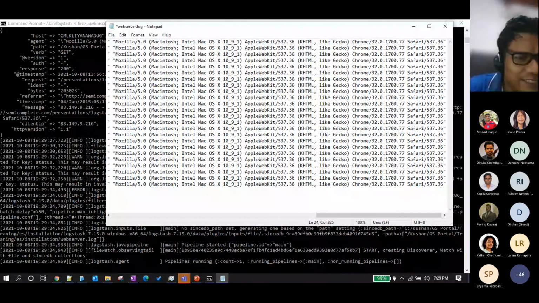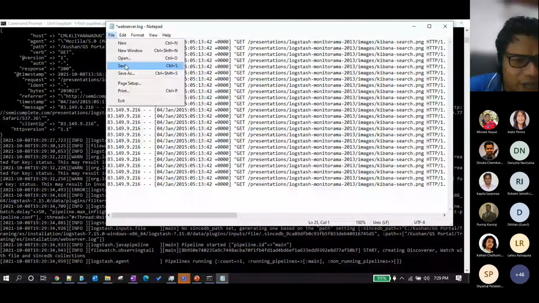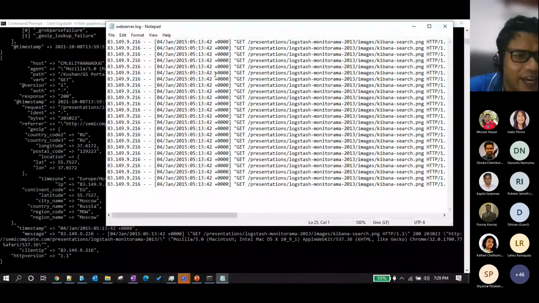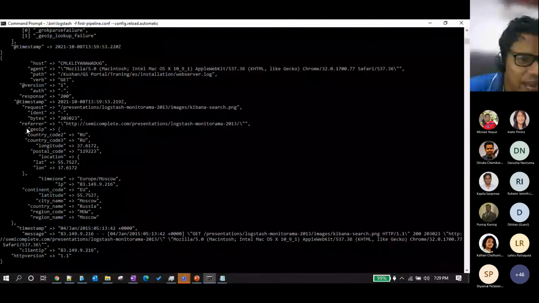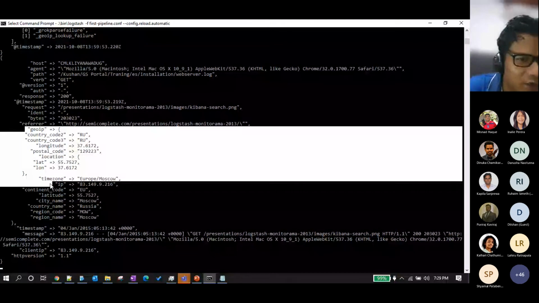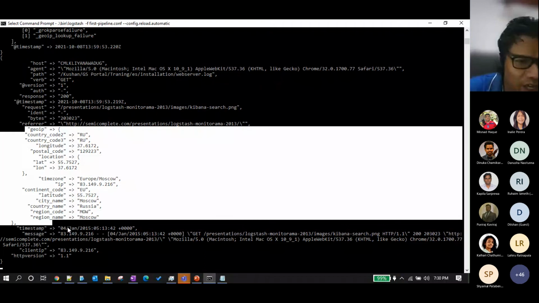It has described where this particular client IP came from: country code, longitude, postal code, latitude, time zone, continent code, city name, country name, everything has been given in here.